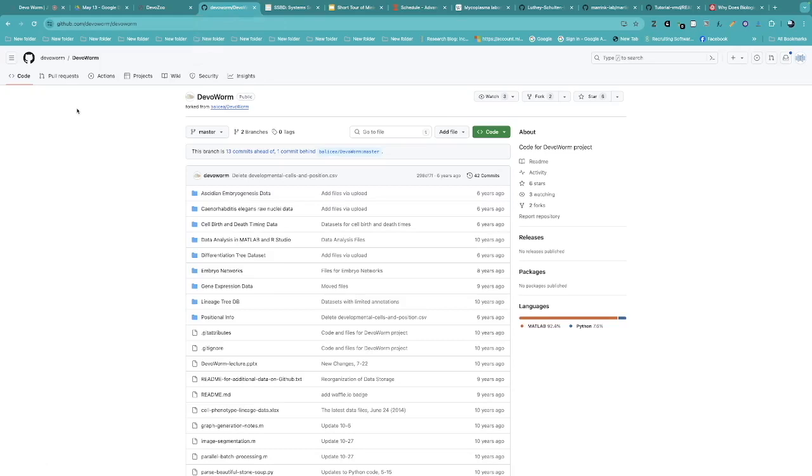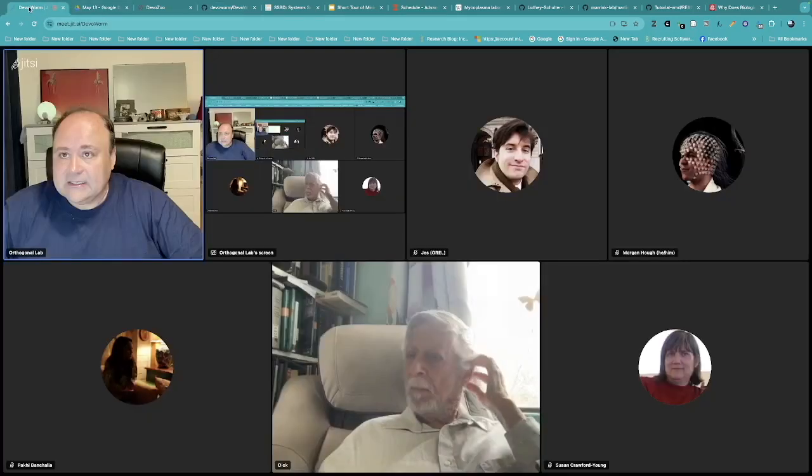We have this long-standing repository on GitHub for DevoWorm. This is where we have different data sets. A lot of the data sets here are linked through DevoZoo, but we have additional data here on lineage tree information. There are some other things that we've done with differentiation trees, cell birth and death timing in C. elegans. There's raw nuclei data for C. elegans and so forth. So we have a combination of numeric data and microscopy data where you can take the